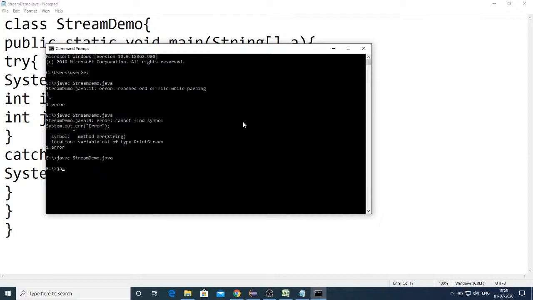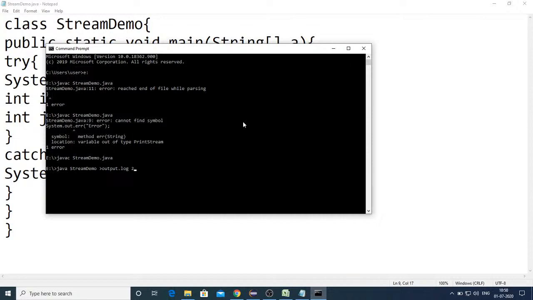Now what we will do is, instead of directly saying java StreamDemo, I'll redirect the things. So java StreamDemo space, and I'm keeping the greater than sign, which indicates the redirection operator. So I'm saying output should be redirected to, and I'm giving the name output.log. That means I'm creating a log file with the name output, and I'm saying output to be redirected to output.log rather than showing it in the console itself. Space 2.